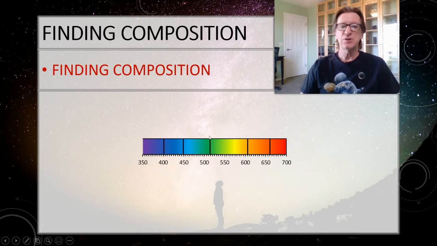All right, let's try another one. So pause the video, see if you can figure out what this is. You got it? This is water. And so we can actually detect water on other planets if I can find its particular spectrum here, because that's going to be unique to water. It's its fingerprint, its signature.